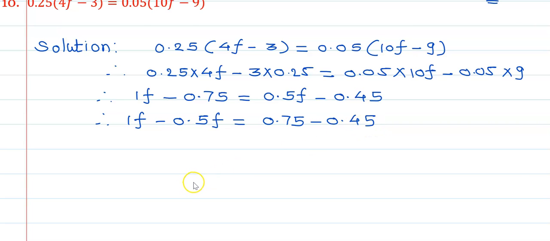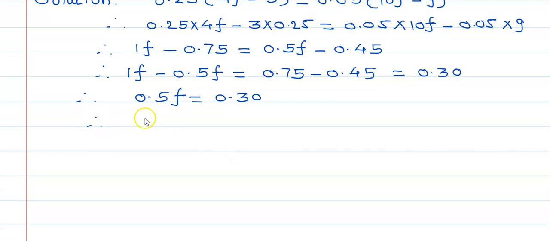After subtraction you will get 0.30. And 1f minus 0.5f, you will get 0.5f, equals 0.30. Therefore f is equal to 0.30